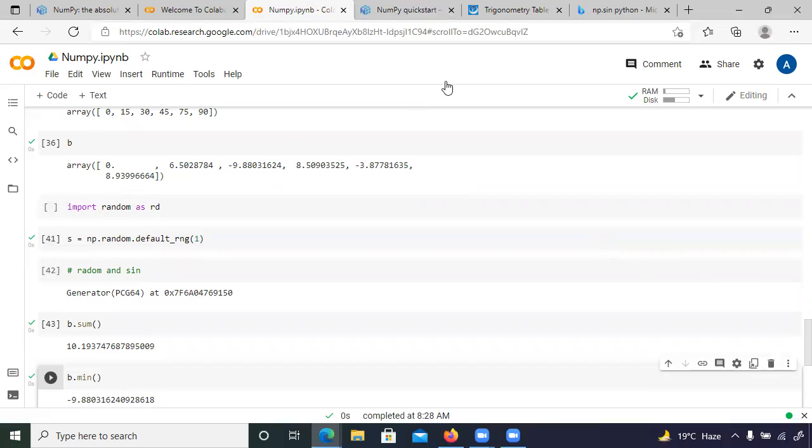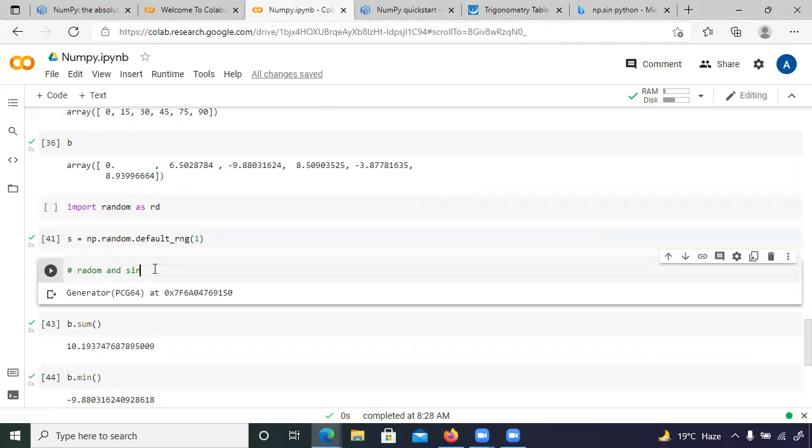Are you getting it, Geeta, Urmila, Vivek? Yes. Okay. I am going to check these two functions, random and sine, because I don't remember, as I am practicing this after a long time.